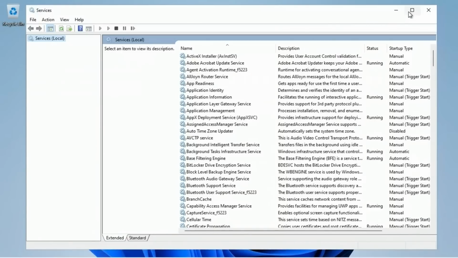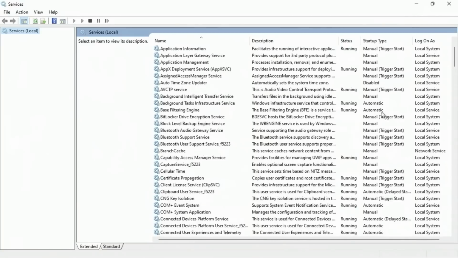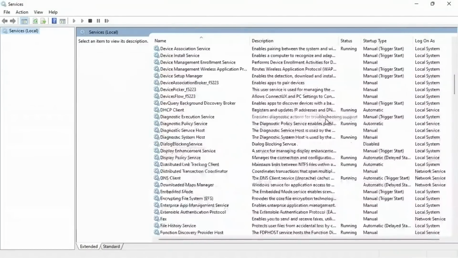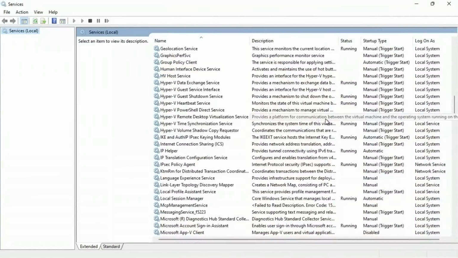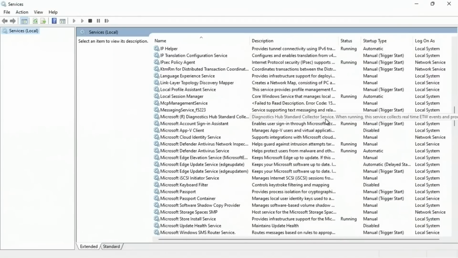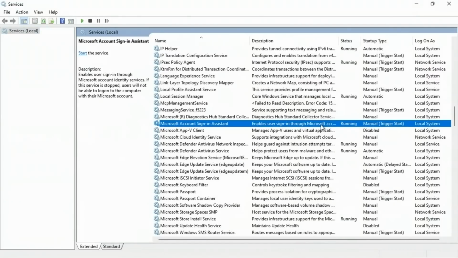Now, there are a lot of services. If we scroll through the list here, you will see that there are quite a few, and there is a description for each service. And in fact, if you just click on any one of them, over on the left-hand side, you'll see a column that indicates the description. And you'll also notice that services can be stopped or started. Right now, it's giving me an option to start this service because in this case, it has a manual or a triggered start, meaning that it can be